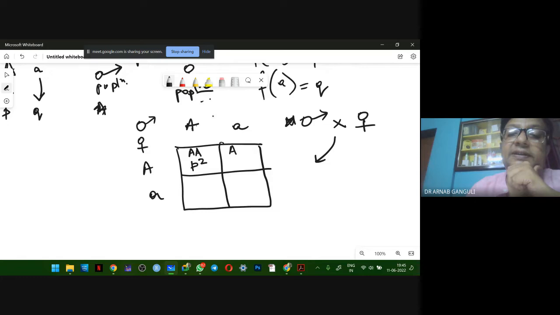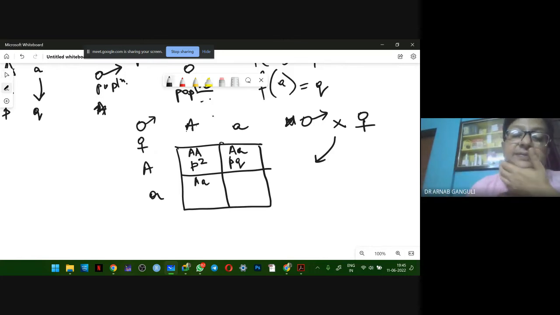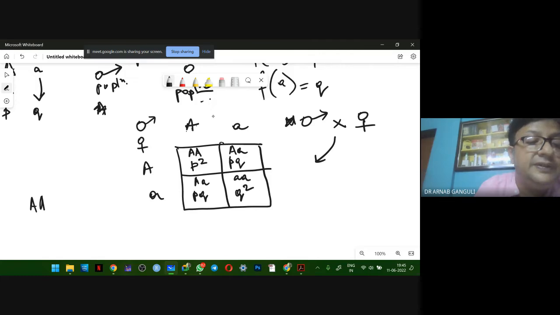Similarly, A into small a over here, it will be PQ. Again, A into this, it will be P into Q, just the multiplication of frequencies. This will also be PQ. And small a, small a will be Q square. So what would be the total, the actual frequency of